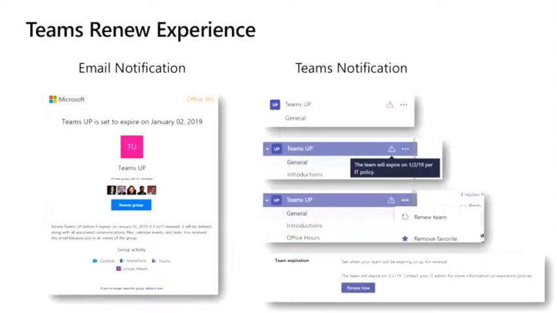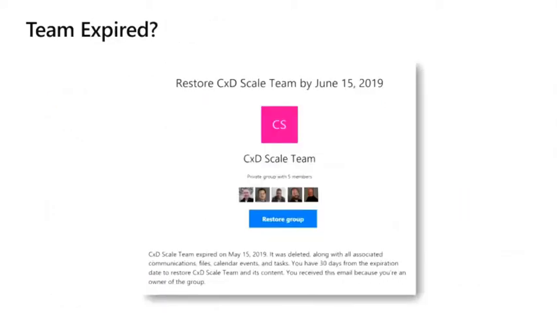And you can restore the group. And remember, this is just using Office 365 groups. So SharePoint, and behind the scenes, whatever file retention you apply will be applied to this. So even though the team might be marked for deletion, if you have a file retention policy for, let's say, 3 years, those files